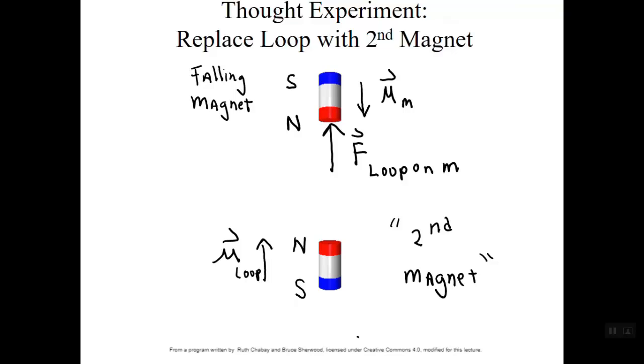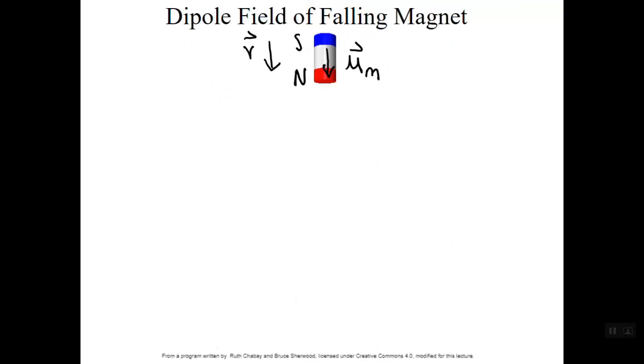Let's see if we can make this picture quantitative by talking through the actual calculation of vector F loop on M. Here's how that goes. We start with our falling magnet with vector mu sub m, the dipole moment oriented as shown, and with the velocity of the falling magnet, vector v, represented by an arrow pointed downward in the falling direction,